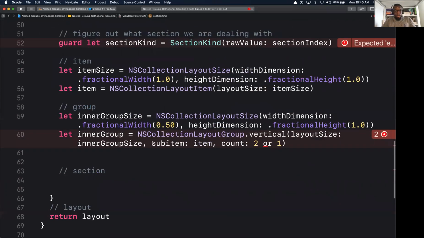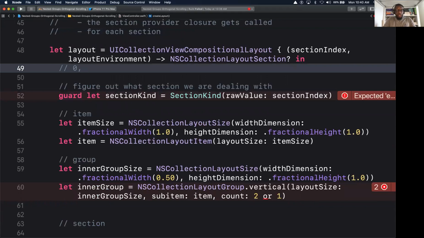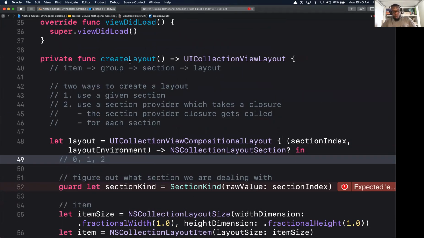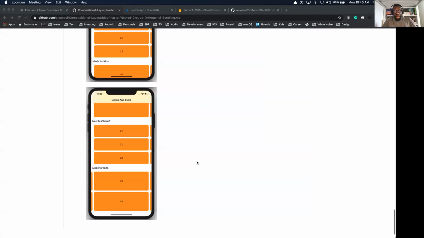So to continue on, we have our section kind, and here we have three sections. If we have three sections, they will be this way. The first section will be 0, second will be 1, third will be 2. Why? I'm sorry, can I ask a question real quick? Yep, go ahead. So when building out these sections, there's really only two types. There's kind of like A and B, where you have two items stacked vertically in the first section, and then for the next two, it's one. So is it just like a layout preference in terms of code and design? Yes, design. First, second, and third. Okay. For sure, because this I just use for the lesson, but it could be easily in your challenge. You have this to build,